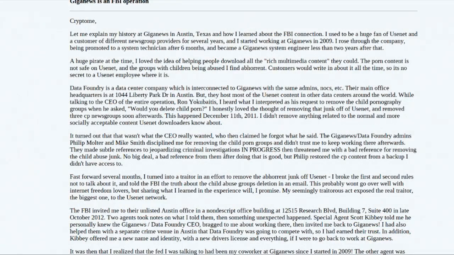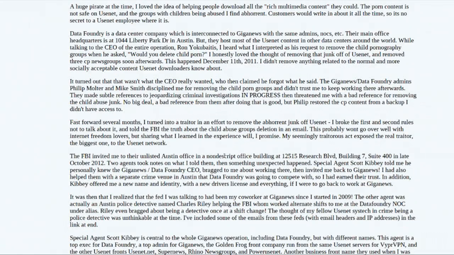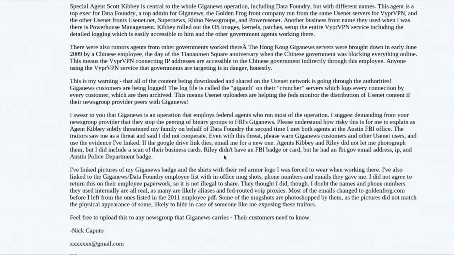Well, yeah, so what he says happened is that he deleted 3 Usenets that had child porn in them, and then was yelled at and told he was going to be fired or whatever, and then that those were restored from backups because that would jeopardize evidence that the FBI was using in a case or something. And he was like, whatever. And so then he actually contacted the FBI and said, hey, these guys are not deleting the child porn. And they invited him to a meeting, and then that's when they basically apparently recruited him.